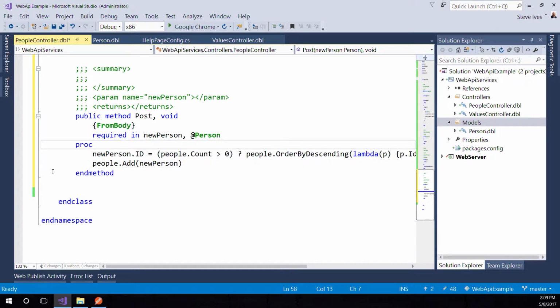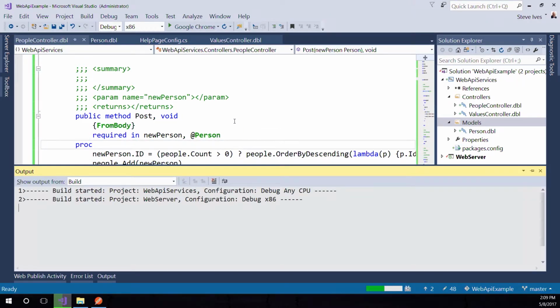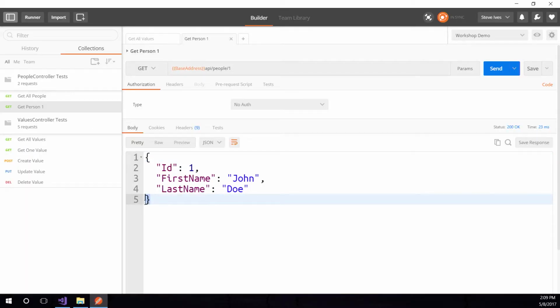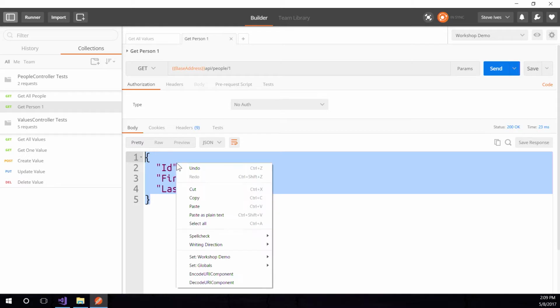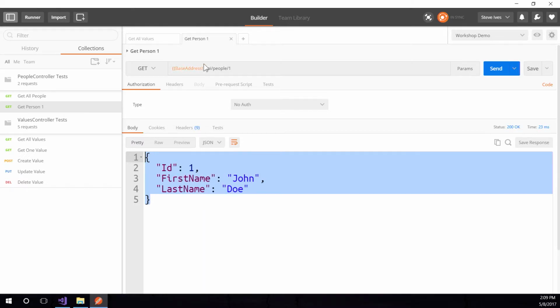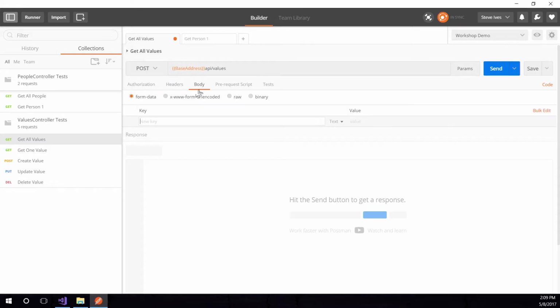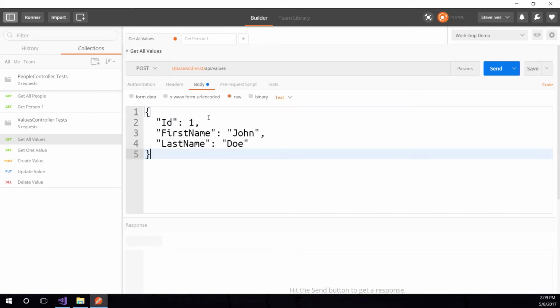So let's build that, and while it's building we should be able to hop on over to Postman. Now this is basically the format of what we're going to need. So I'm going to copy that, and then I'm going to go back to our get. I'm going to change it to a post, which is a create, not passing in a value in the URL. We are going to go to our body and into the raw view, and I'm going to paste in that